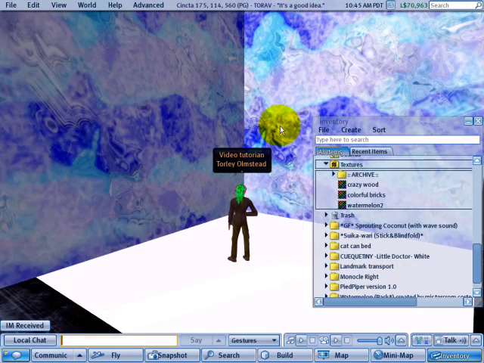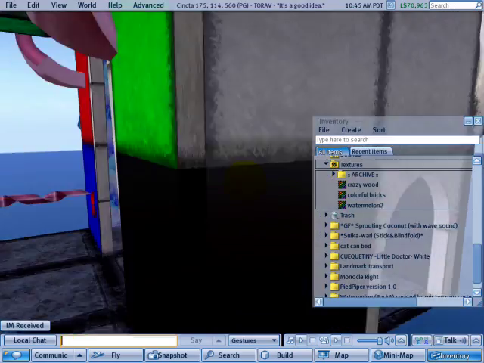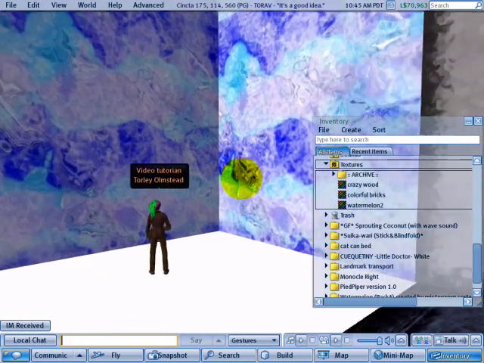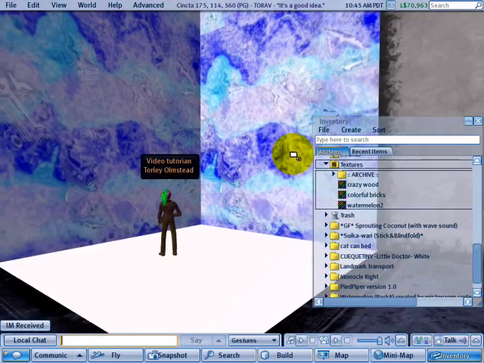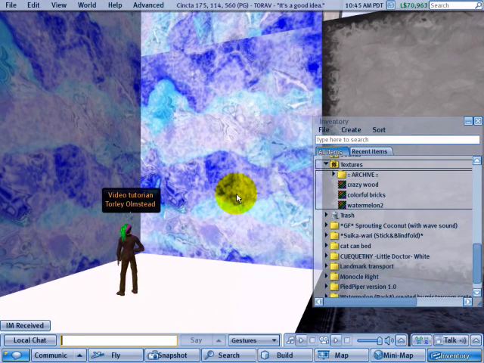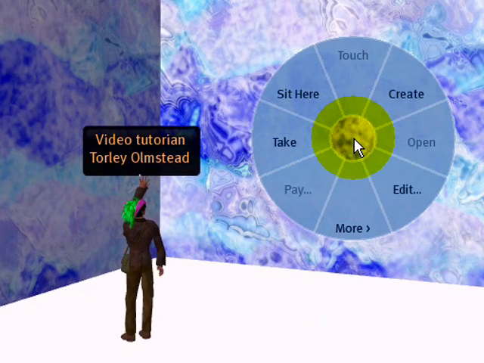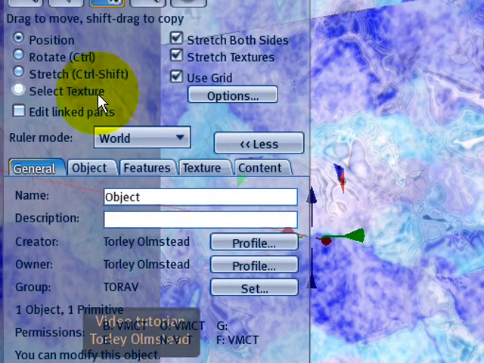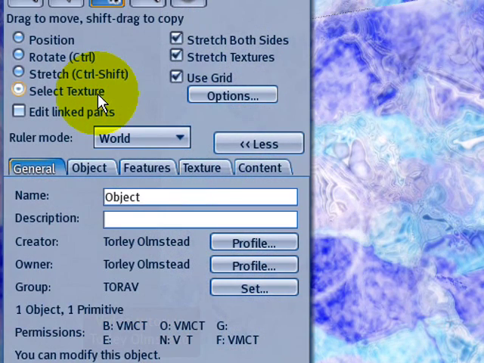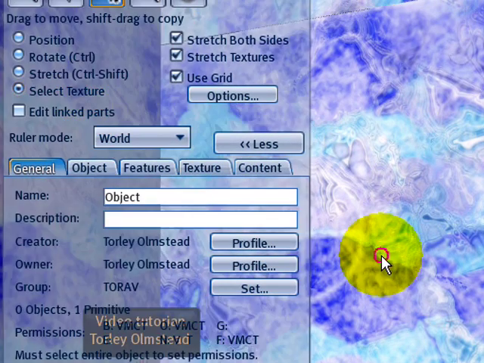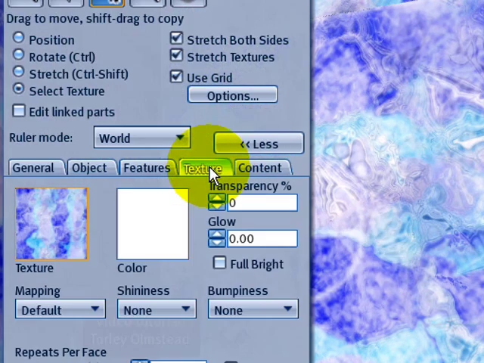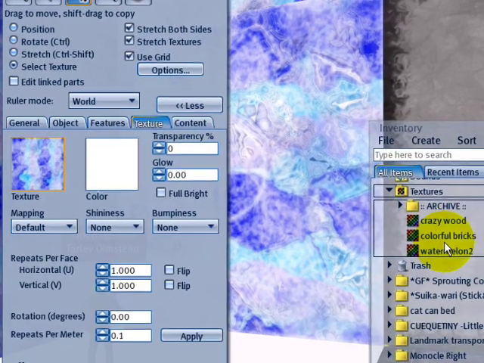I'll close these out. This is the house I have with my wife on my resident alt account. It's romantic, but I want to change the interior decorating. So it's as easy as right-clicking an object that you own or you created and you can modify, edit, and then select texture to select one or more faces, but in this case, just this face, texture tab, and then you can drag